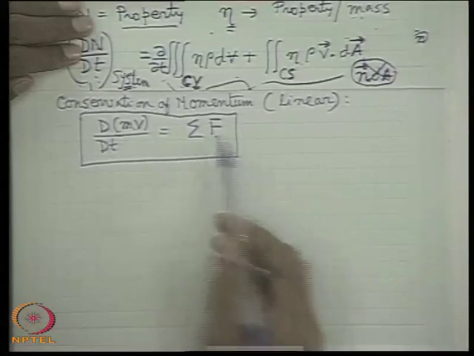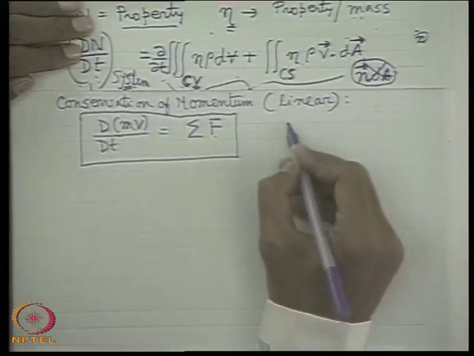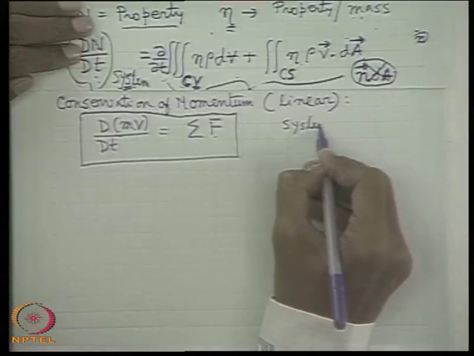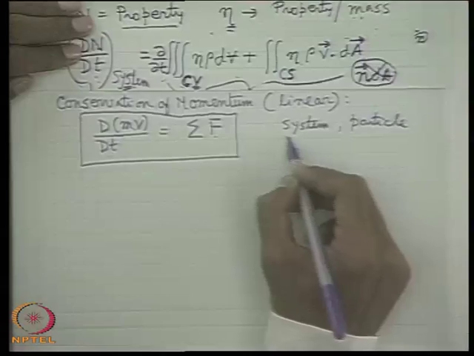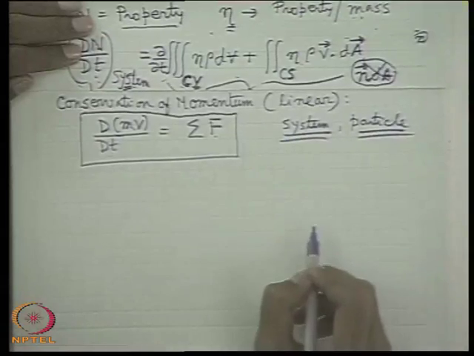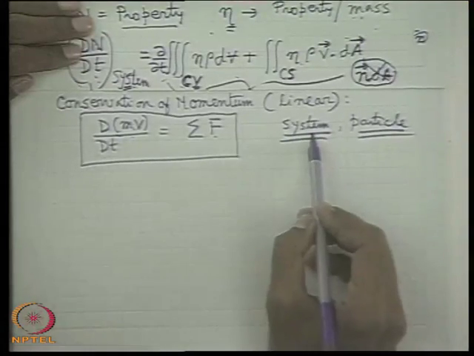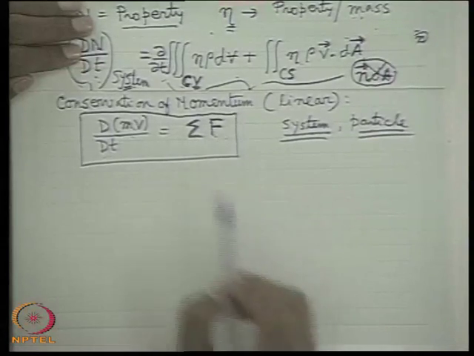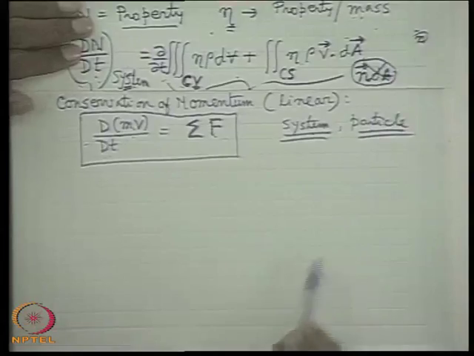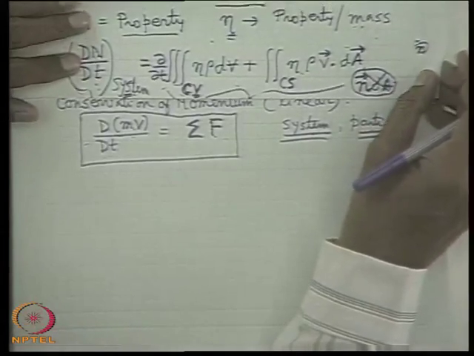Rate of change of momentum of what? Of a system or a particle. So this is always implied. Sometimes a very tough school teacher may deduct marks if you do not write that. So the rate of change of momentum of a system or a particle is equal to the net force, the total sum of the forces acting in that direction. This is precisely for a system. Let us want to apply it for a control volume.